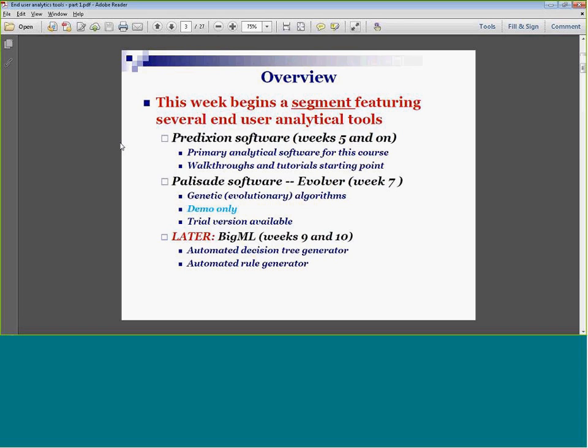We're going to use several end-user analytical tools over the next few weeks. Prediction being the main one, weeks 5 and on. Okay, that's the primary analytical software for this course. Walkthroughs and tutorials, we'll talk about that. I will demonstrate in week 7, excuse me, while you're still working on your second assignment, I will demonstrate